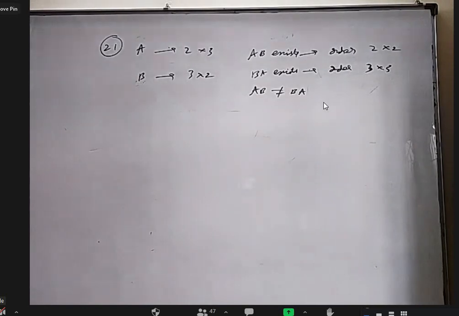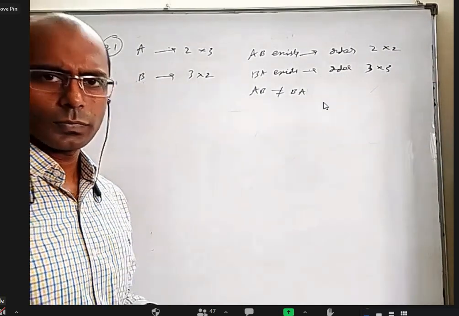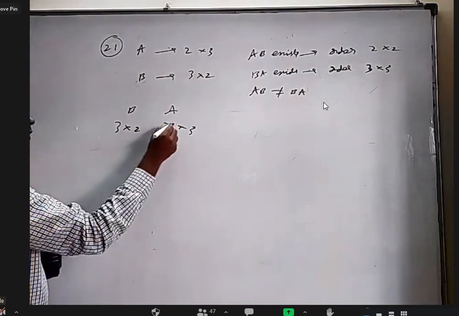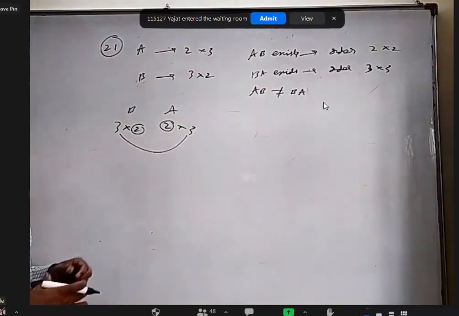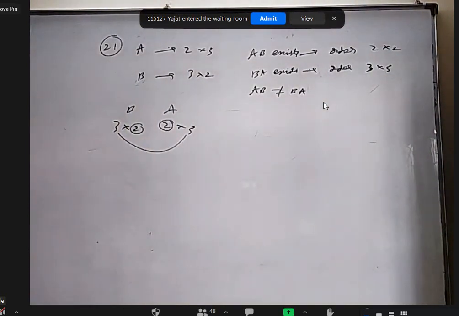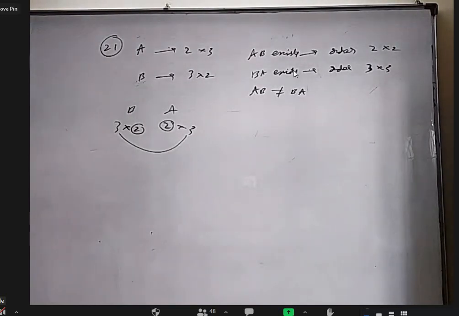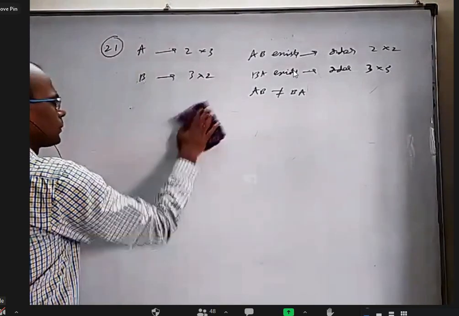Sir, what will be the order of BA? What is BA order? 3 by 3, na? Why? Because first B, next A, this is 3 by 2 order, this is 2 by 3 order. The number of columns here and number of rows here are the same, but the final matrix order is always this. This is 3 by 3. Is it okay? Okay. That's all. Just write this much, leave it.